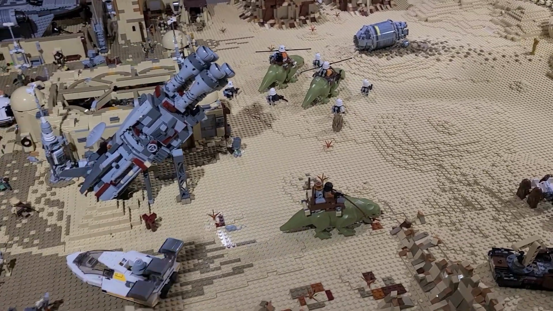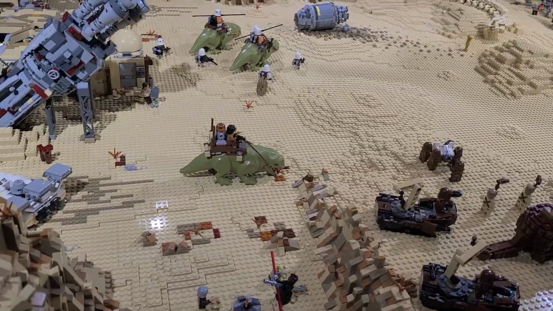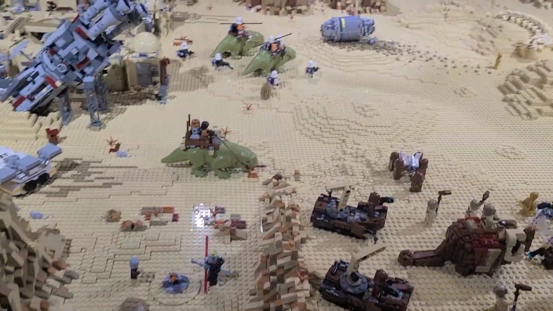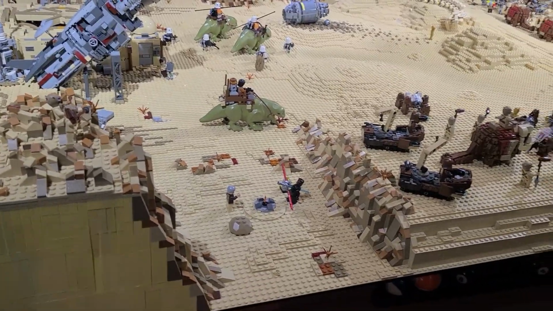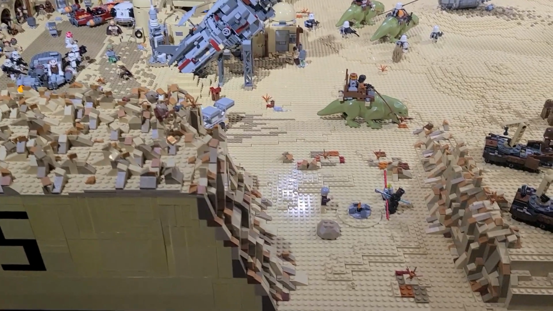And of course, we like to show our minifigures doing different scenes. That's why we have multiple of named characters. I know some purists are like, whatever. It's our MOC. We like to show the different scenes. But that's just how we do it. And with that being said, that's going to bring us to the last scene on the board, and one of Leaky's favorites,